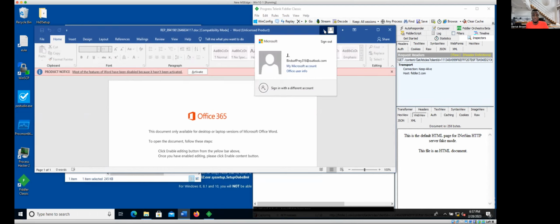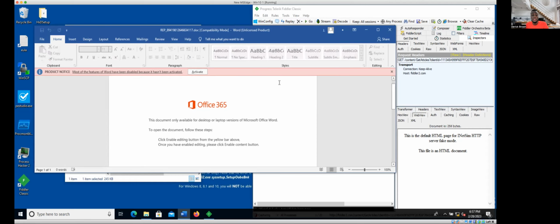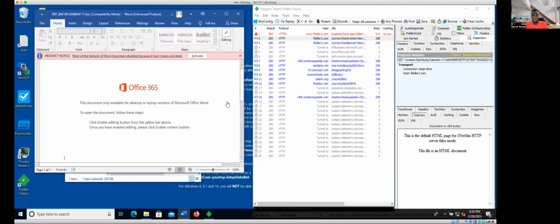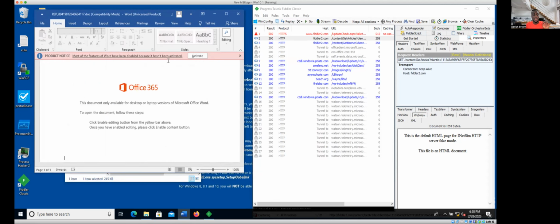Now it hasn't been updated because obviously it's disabled. But what we needed was for it to run the macro file, which I think has already run. You would see a lot of things going on here. But for most of you, once you download the file initially, once you unzip the file, it would say that you cannot have access or cannot execute the macro. So what you need to do